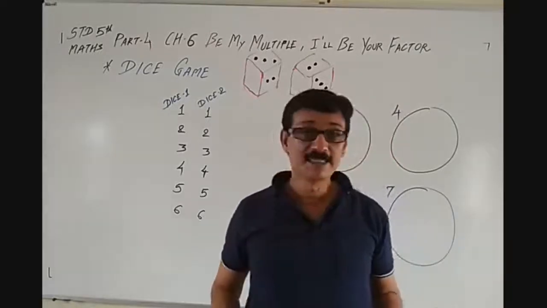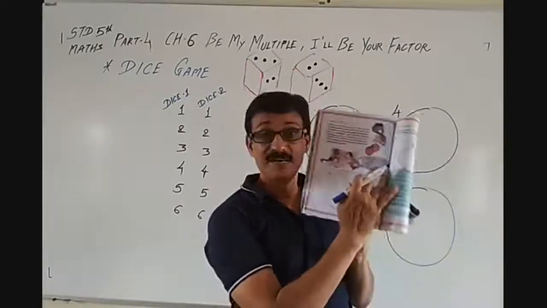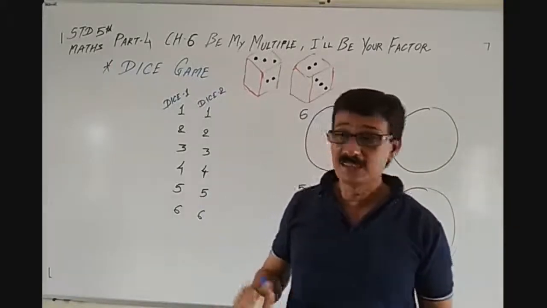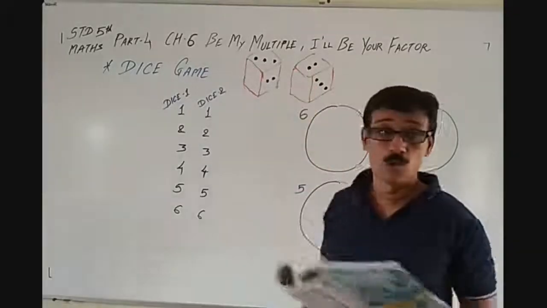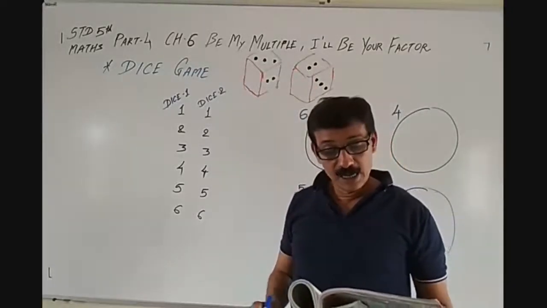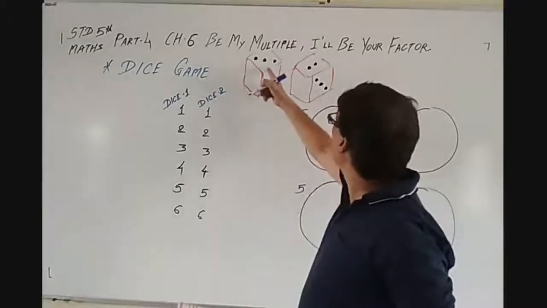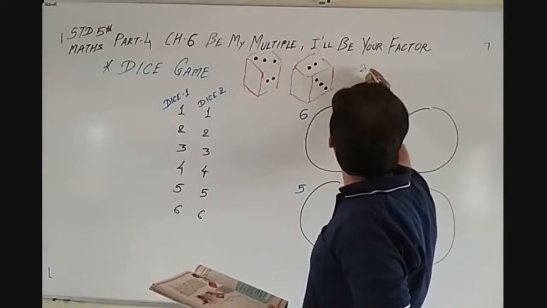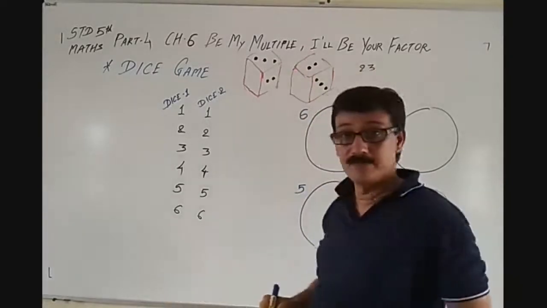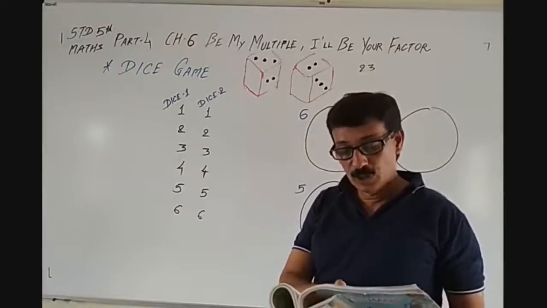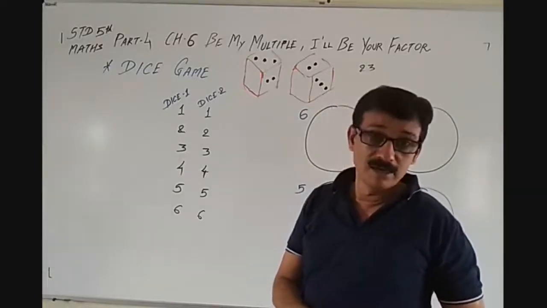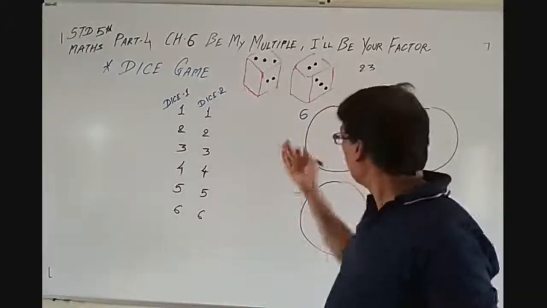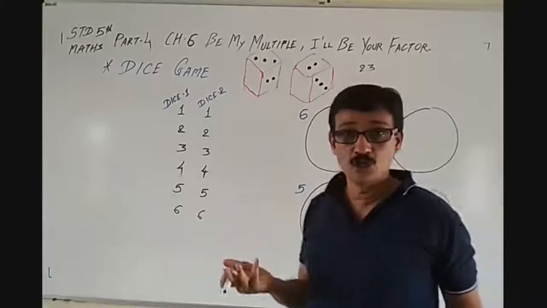अब एक बात यहां पे समझने जैसी है. Look, read over here. I have 3 and 2 on my dice. If I make 23, now 3 and 2 is there, so I can write 2 and 3. If I make 23, it is not a multiple of any of the numbers. 23 is a prime number. It is not a multiple of any of the numbers.